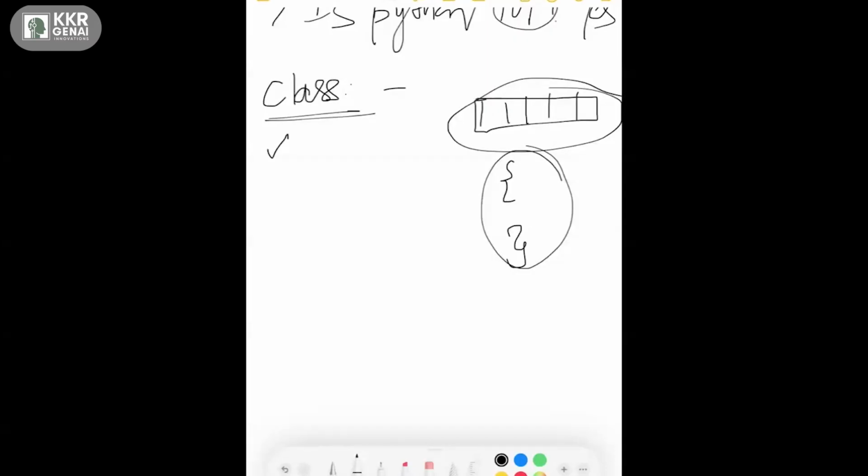But what can a class give us? A class is such an important part where you can create your new data type or new data structure. What I mean by that is, if you want to create some student data type, you can use classes and create a new type of data for student.